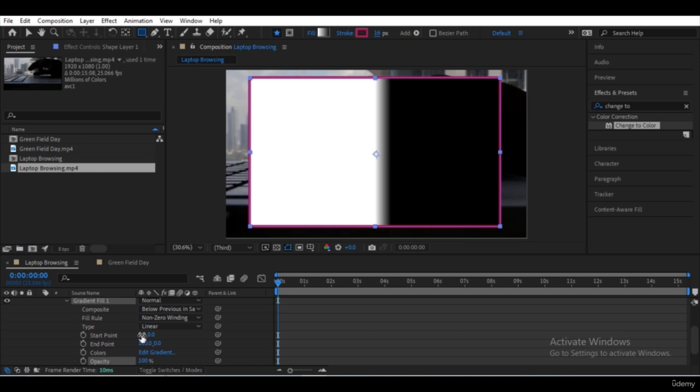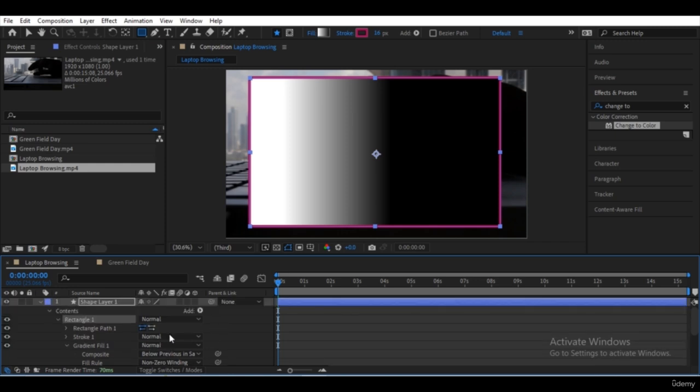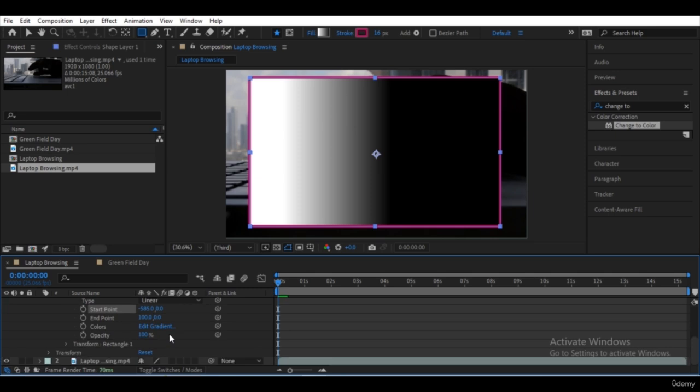And to move the starting point, we can lengthen it by sliding the slider of the X value on the start point in your timeline.